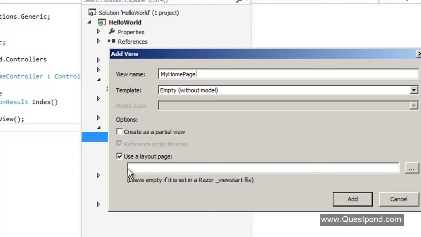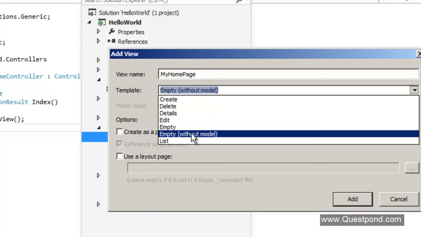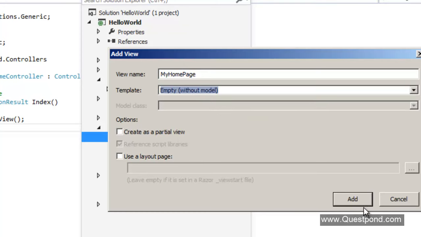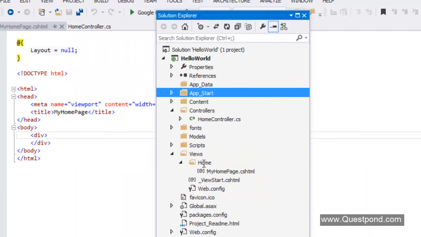Okay. And you can see there's a small checkbox here saying use a layout page. So I'll talk about what exactly this layout page is later on. But at this moment, let's go ahead and uncheck this. And let us again say empty at this moment, so we can learn from scratch. Okay, I'll say add. So you can see inside the home folder he has added this my homepage.cshtml, which is